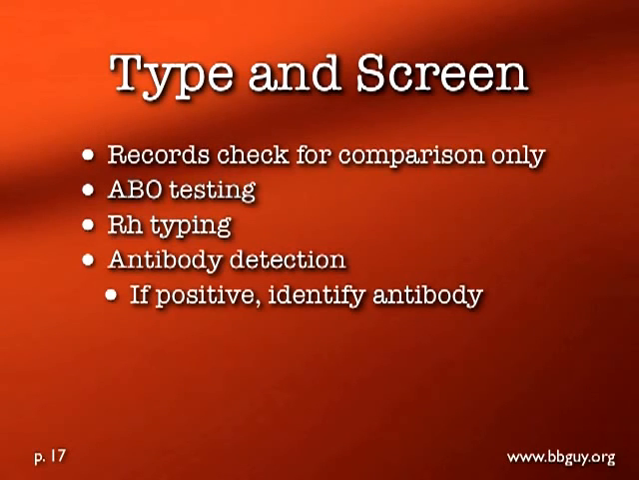With a type and screen, you do a records check, looking for how the patient typed previously. You don't use that for your current typing, obviously. It's just for comparison once you do your ABO and RH typing, and you do antibody detection or an antibody screen. If that antibody screen is positive, then you need to go and identify the antibody, regardless of, in my opinion, actually it's not just my opinion, regardless of whether they've ordered a type and cross or not. But if the antibody screen is positive, go ahead and identify the antibody and see if it is clinically